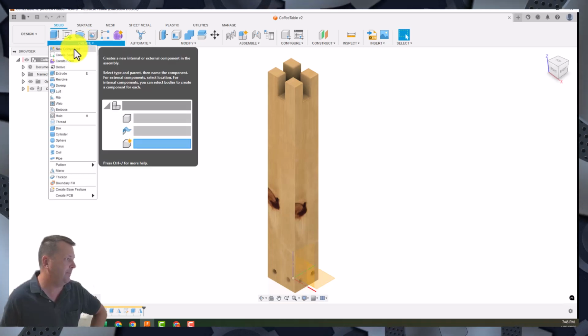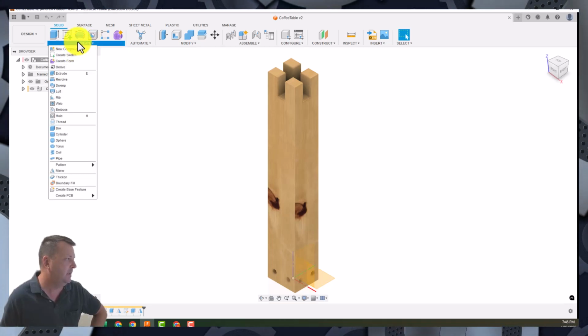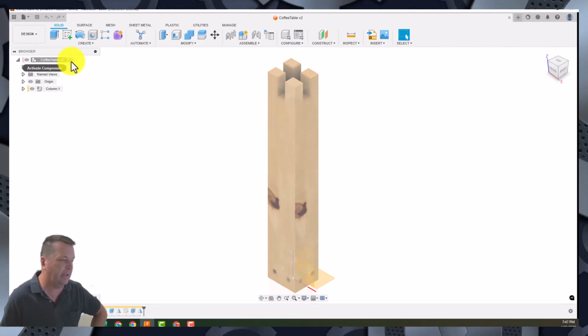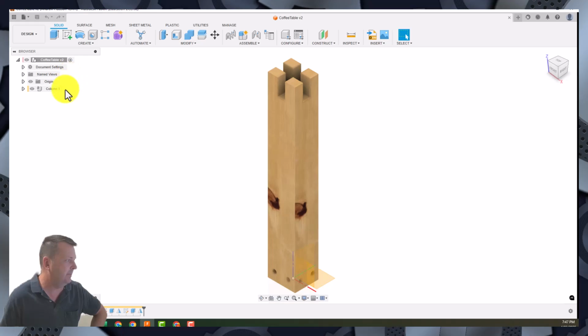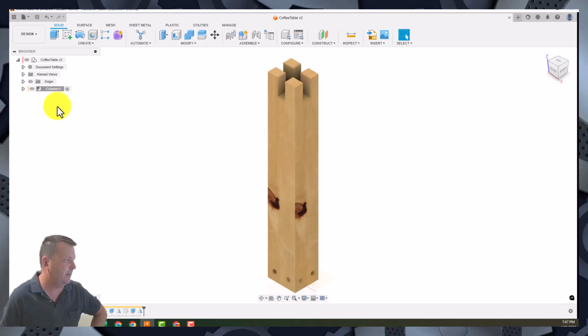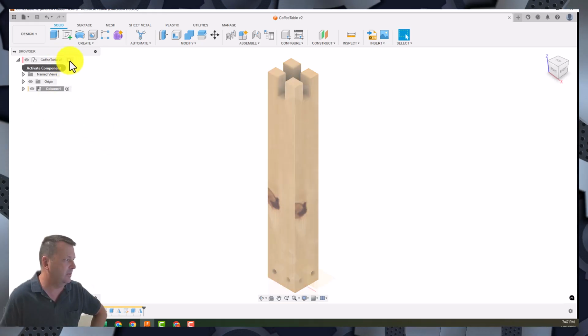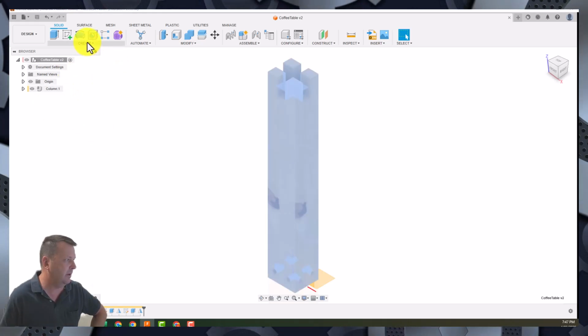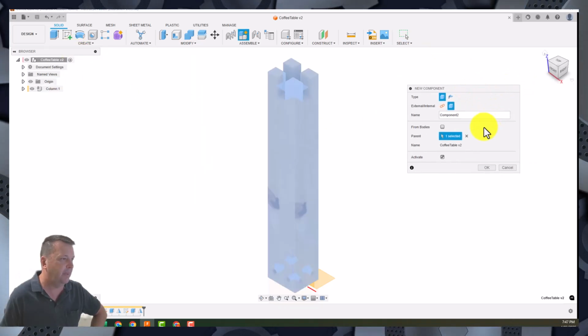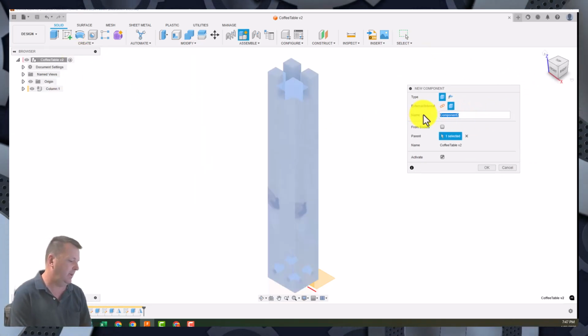We're going to go to create, a new component. Before we do that, we're going to make sure that we are on the top level. That's the active component, signaled by that little black dot there. So if we had the column as the active component, you would see it looks like that. We want to make sure that the top level is where we do this. So go create, new component, this little window will pop up, and let's call this